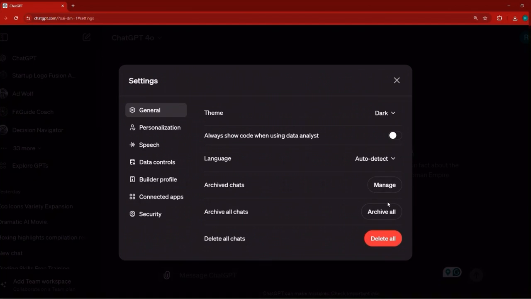Now, archive chats, I'll let you manage those. These are your chats. You can archive chats and manage them. And basically, when you add them to the archive, even after 30 days, they will not be removed. You can always get access to them. And this is really important because sometimes you have a chat that you don't want to lose, and ChatGPT chats basically get recycled every 30 days. Generally speaking, some chats you want to keep because you might be using them every day, because there are some specific prompts that you have used during those chats, you've done a lot of work, and you don't want to lose that because you're using those prompts every day and you want to always find them back. You can add them